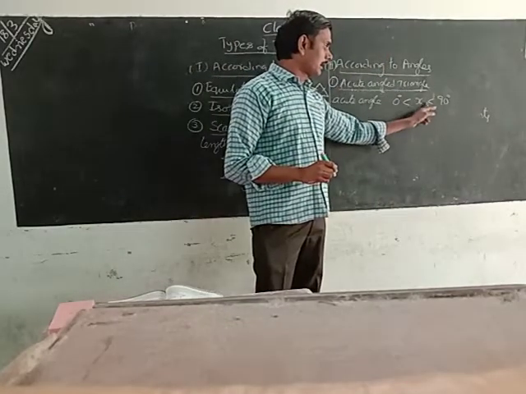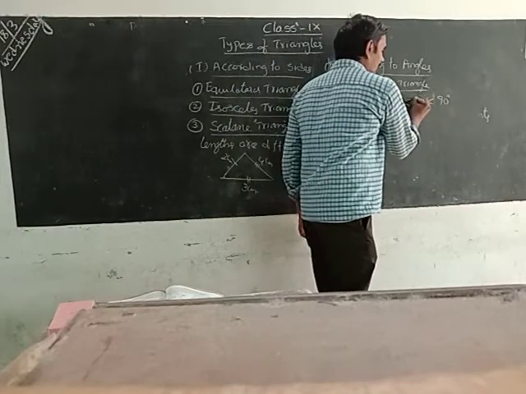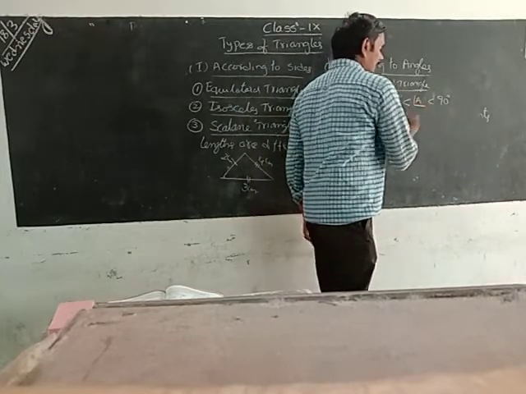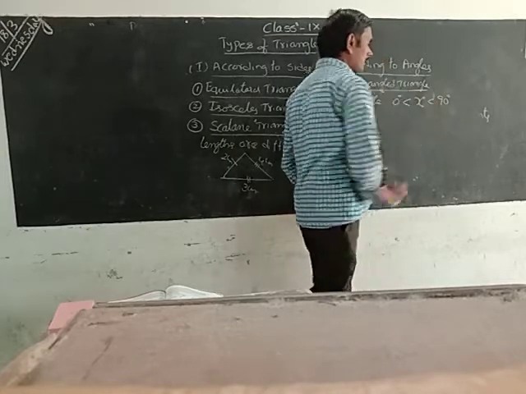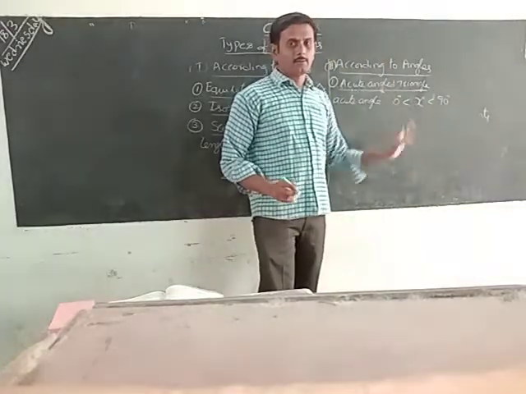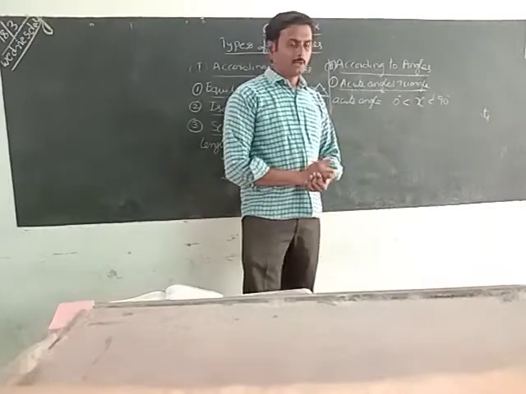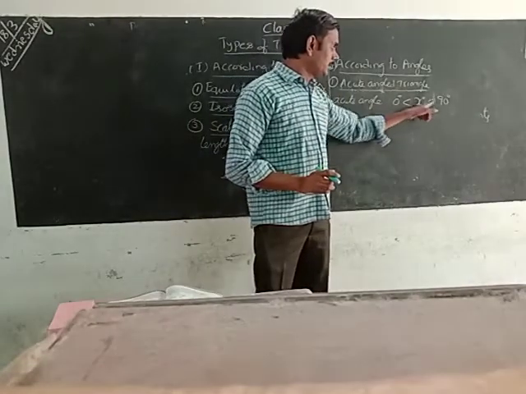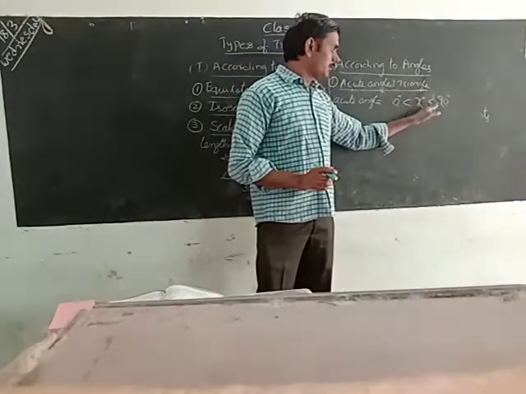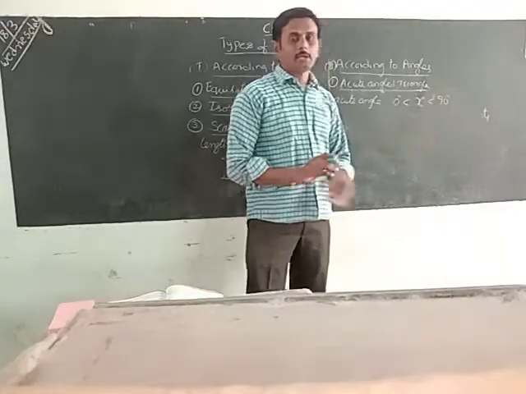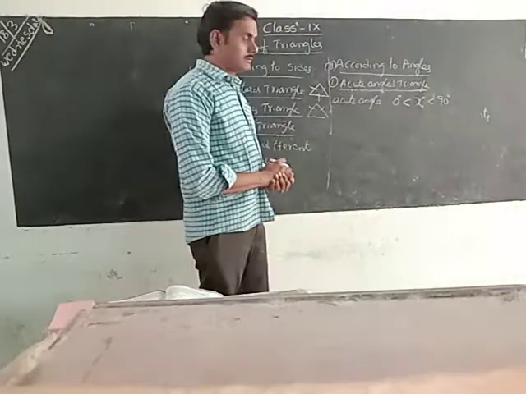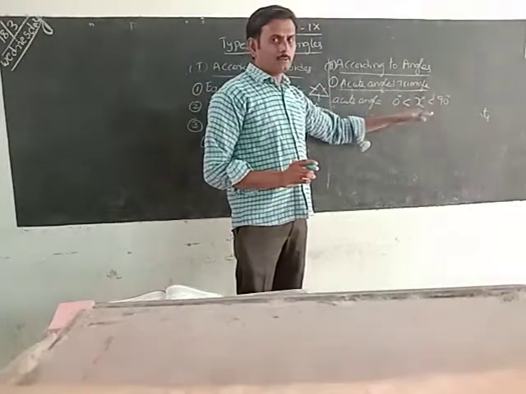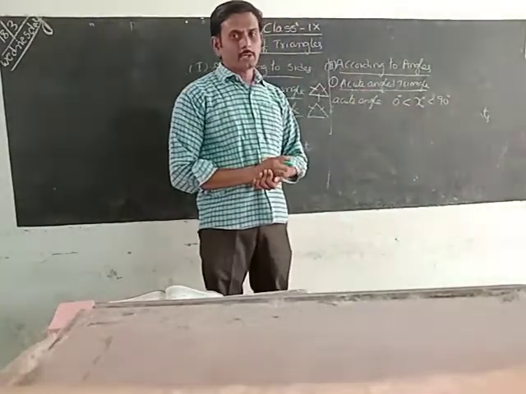Here I am taking an angle, some angle. This some angle we can take here x. Some angle x is represented, some angle of each vertex. The measure of angle lies between 0 and 90. That means more than 0, less than 90. Then it is called the acute angle. By considering this condition, we can say the acute angle triangle.